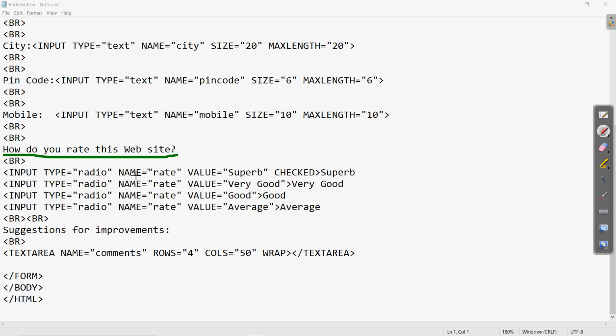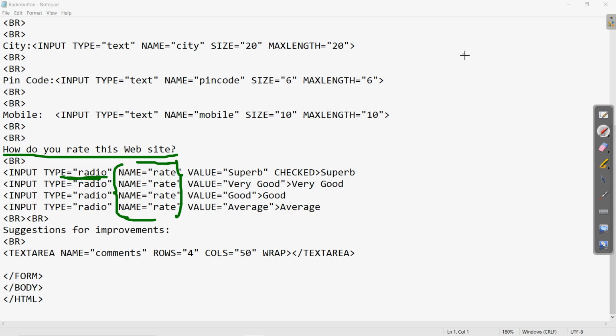Clear? So here you can see the input type is now radio. This denotes that we are using the radio button. And the name denotes that this is part of a single group. So if these are the answer options of a single question, they will have a common name.